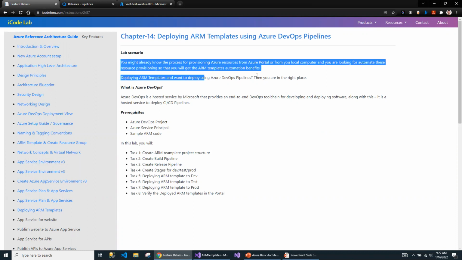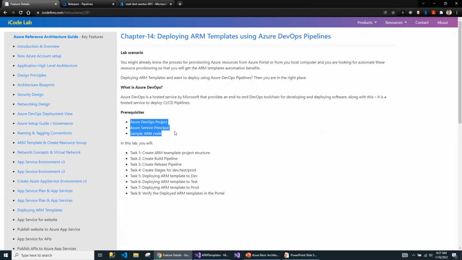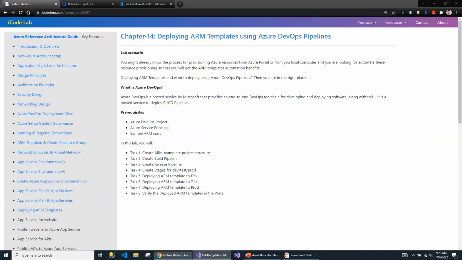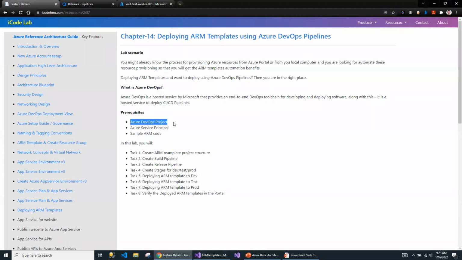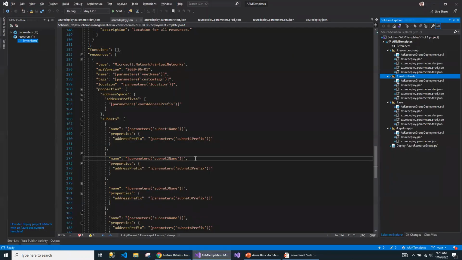I'll be talking about the scenario. I will be talking about the prerequisites and the action items we are taking as part of each lab. So step 1, as I discussed here in this lab, the first thing we need to do is create the project structure. Before that, the prerequisite is I'm assuming that you have prior knowledge of Azure basic fundamentals and Azure DevOps projects. And we are going to use service principals for connecting from Azure DevOps to Azure, assuming that the service principal is already set up and you have the RM templates for automating these resources.